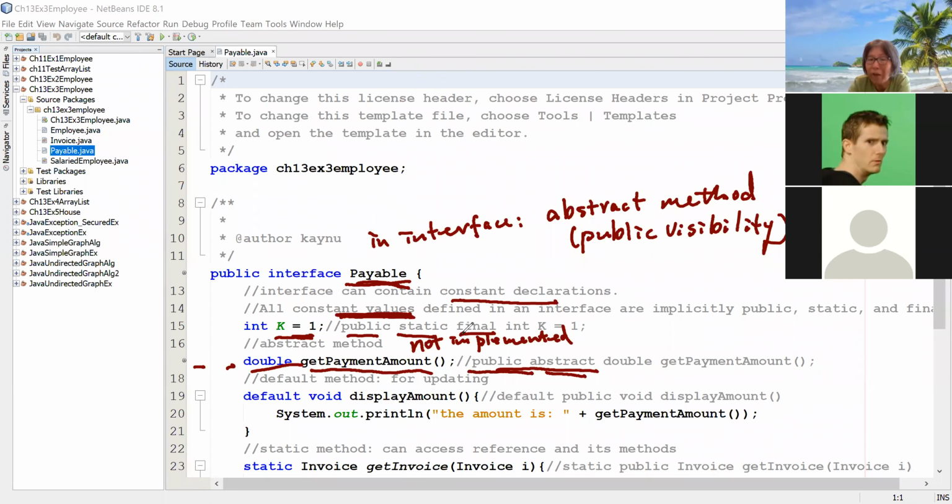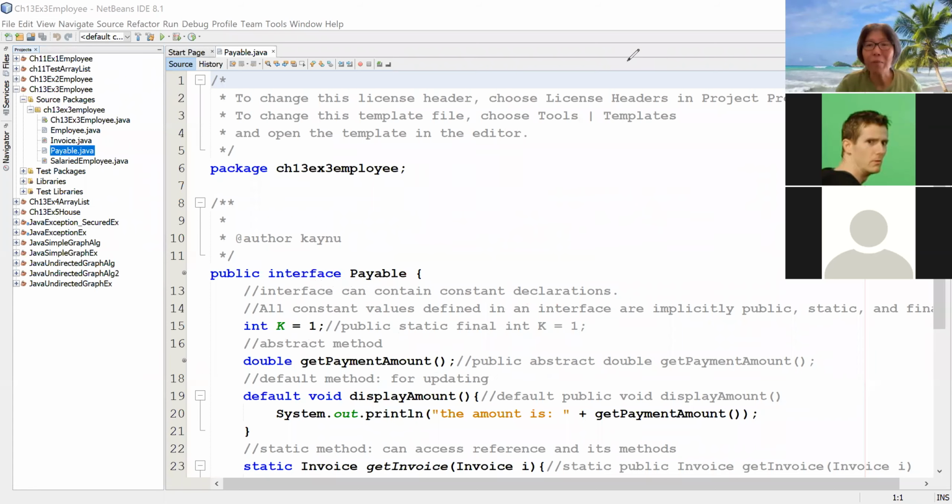Final means you cannot change it, as it means constant. Here we define K as a public static final constant value for this payable interface. We run out of time today, so we will continue our discussion on